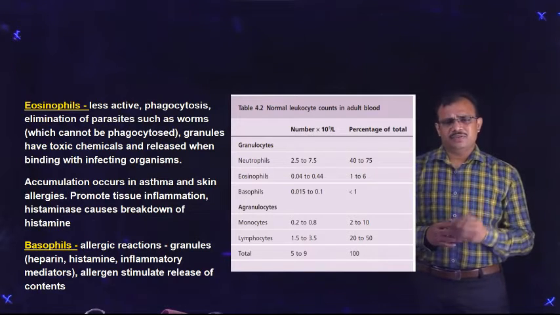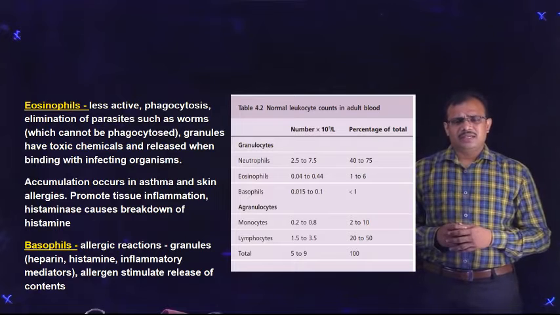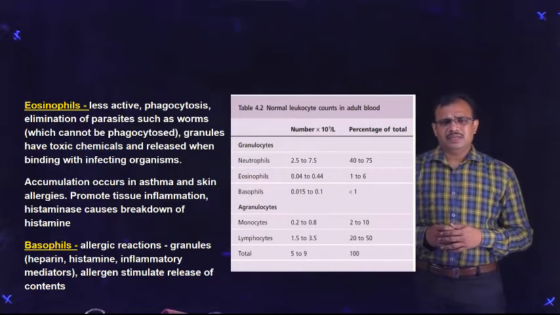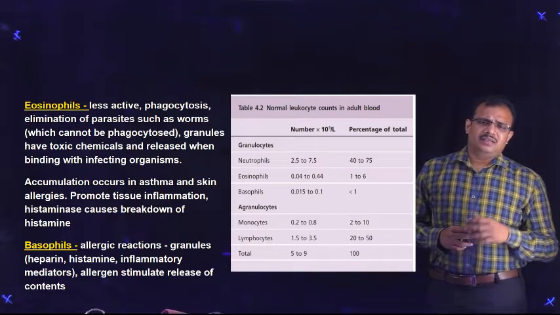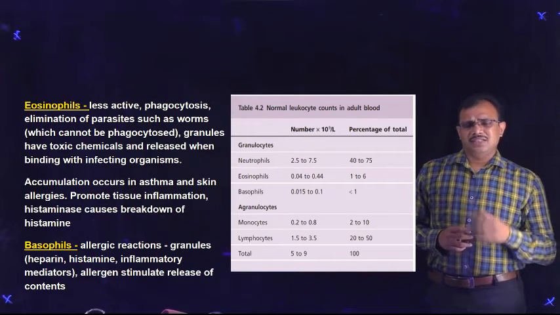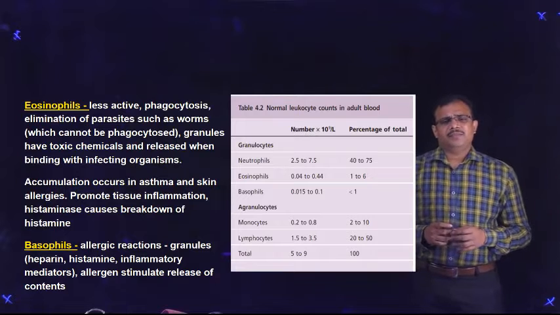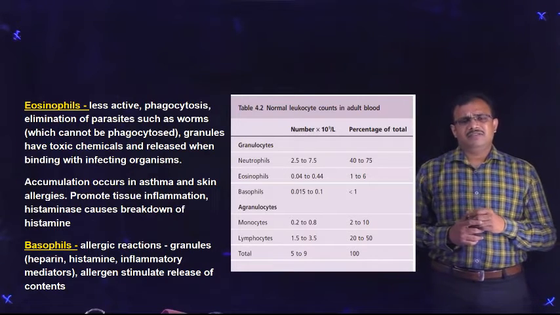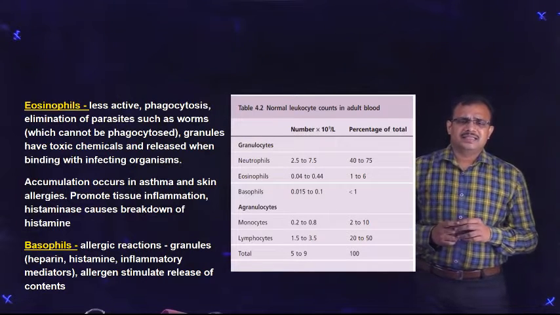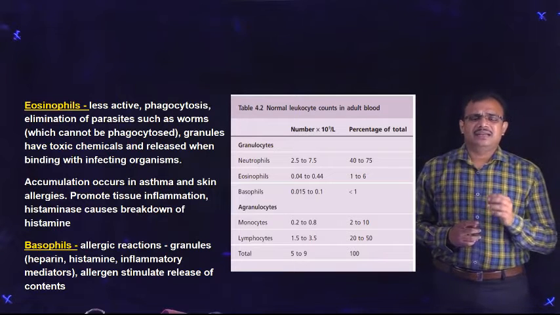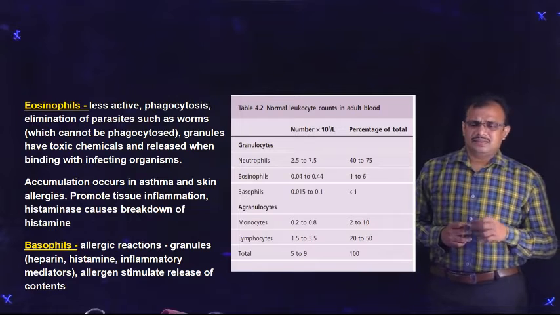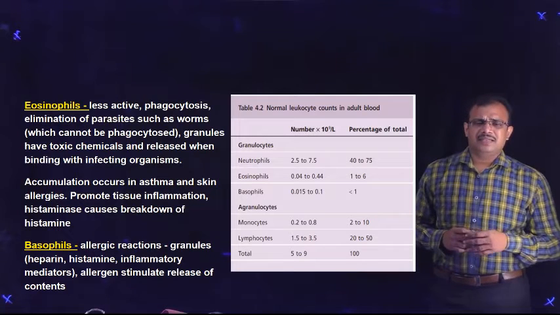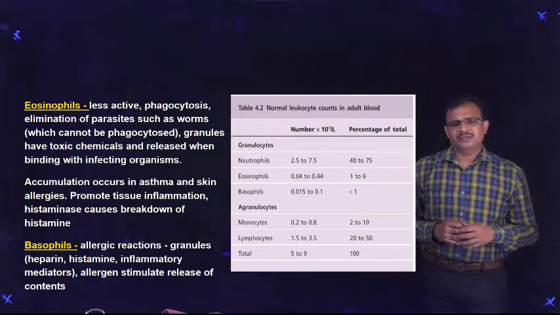The basophils are those cells which take up the alkaline dye, methylene blue, and they appear blue in color when observed under the microscope. Basophils also accumulate as a result of allergic reactions. Generally, basophils are the cells which have substances such as histamine and heparin. Histamine is an allergen, whereas heparin is an anticoagulant.